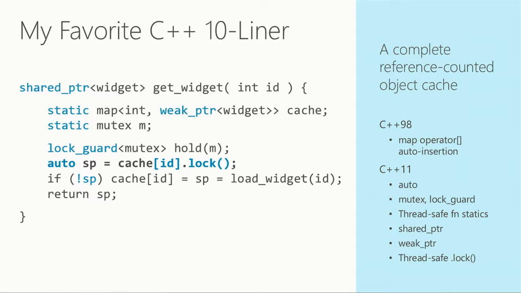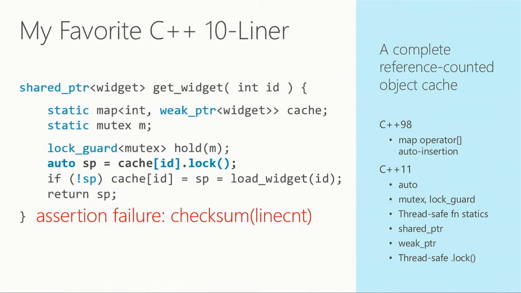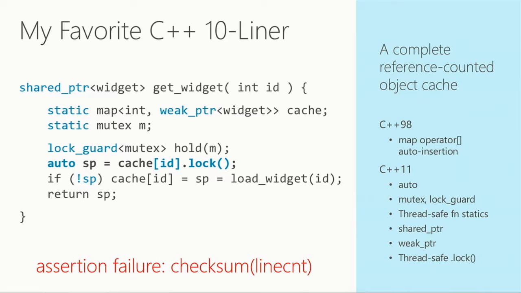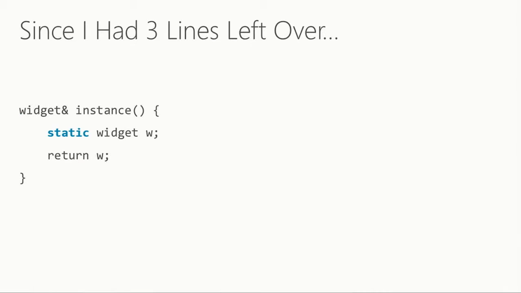But what's wrong with my count? It's not 10. I've been waiting for somebody to say that. This is only a 7-line code example. Whatever will I do with my other 3 lines? OK, since I had 3 more lines, here's the other half of my favorite 10-liner, which I actually, in 10